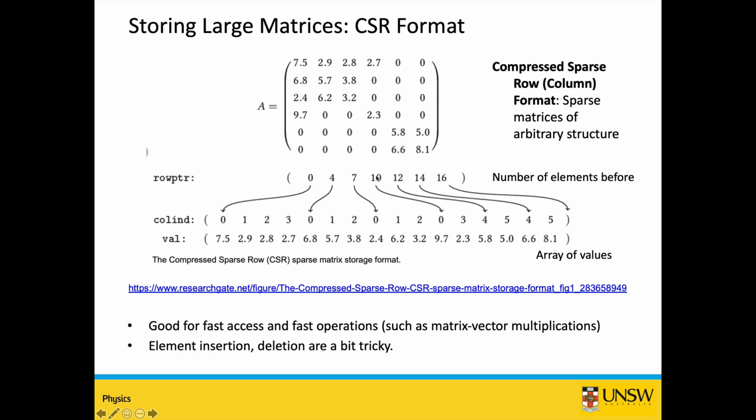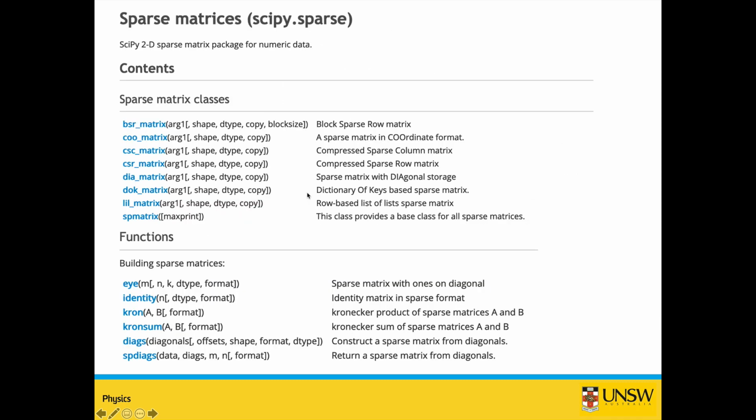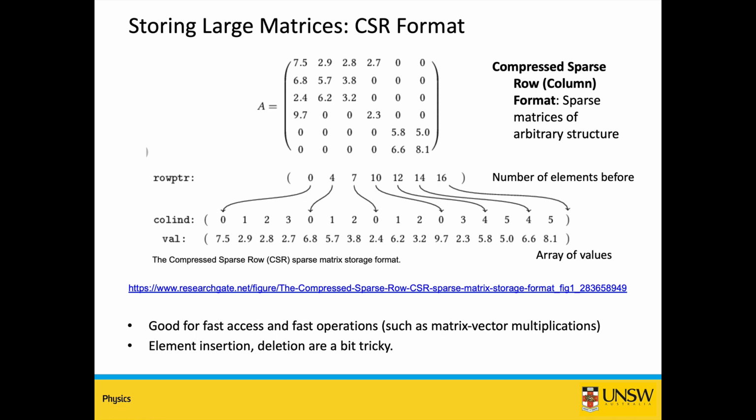Also, for the row pointer, you don't have to store as many numbers as in the previous coordinate list case. The column index is also mapped by column, and you can see that it is actually easy to operate on these matrices, do some operations like matrix vector multiplications or matrix multiplication, because you can just take one row at a time. So if you have the first row pointer, you can easily pick the 4 elements between the two numbers 0 and 4. You know where to start and how many elements to choose.